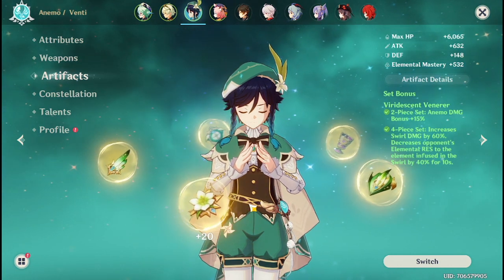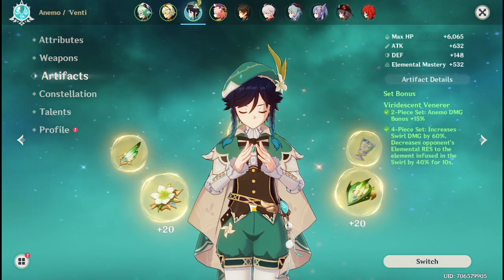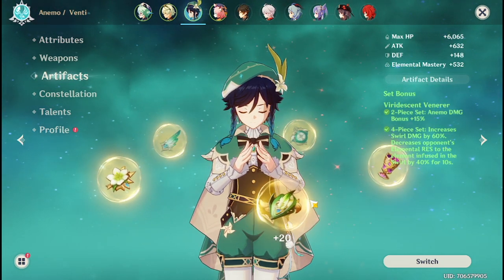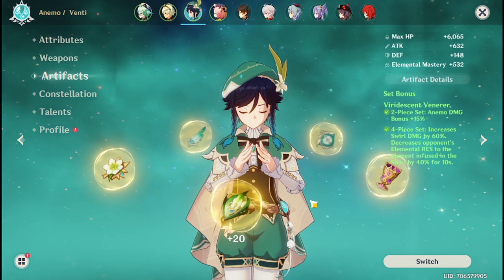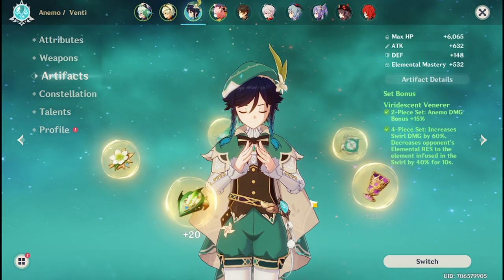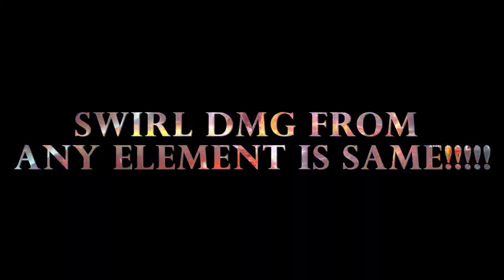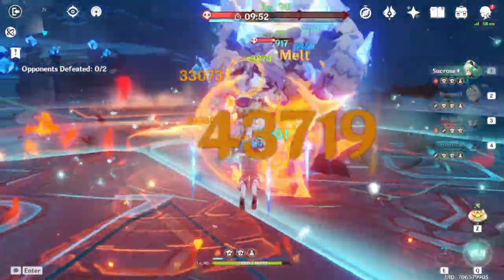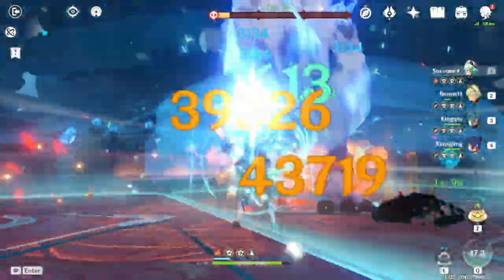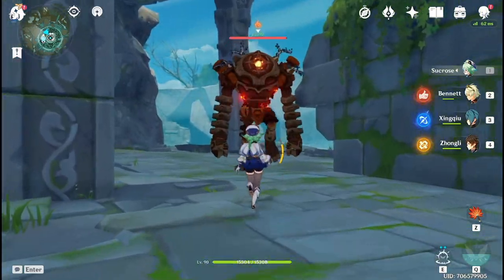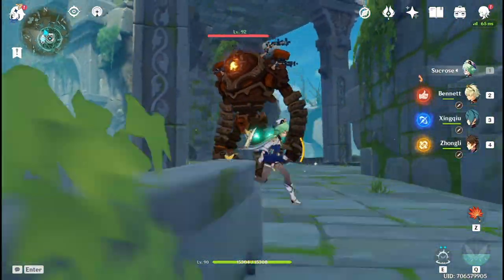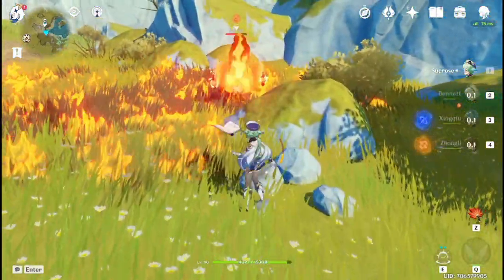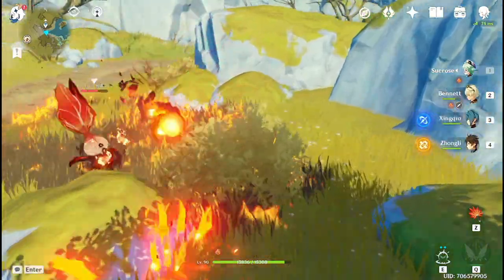One of the things that makes Anemo characters so valuable in the group is the Viridescent Veneer set, which increases swirl damage by 60% and decreases opponent resistance to the absorbed element. One of the most common questions you may ask right now: can the swirl damage be different if the target is affected by a different element? The answer is mostly no. The damage from swirling an enemy affected by a pyro debuff is the same as swirling one with a hydro debuff, unless